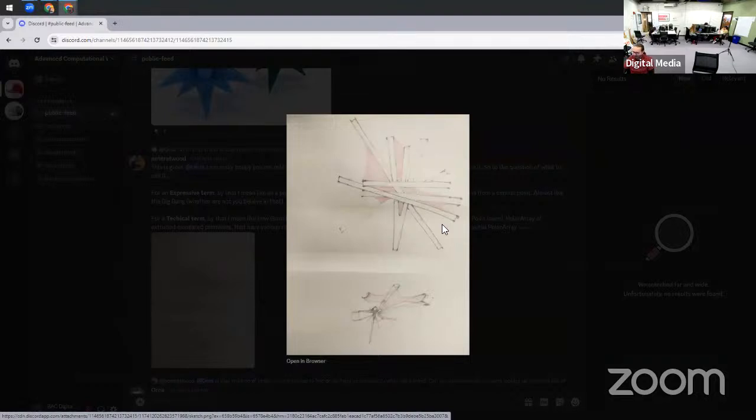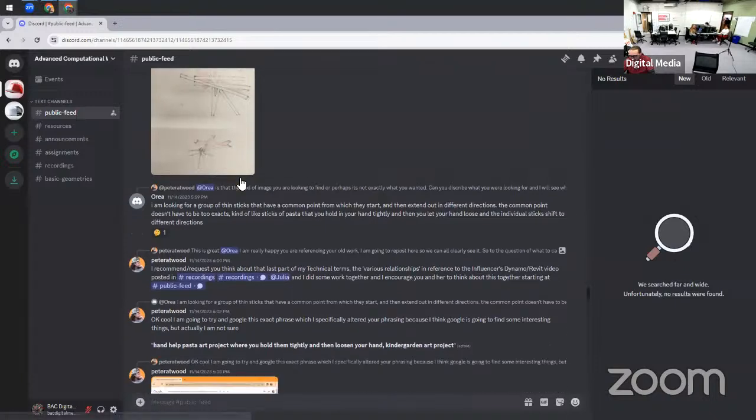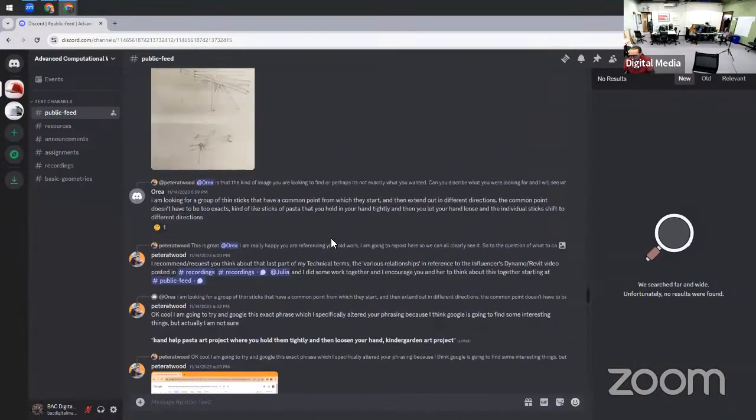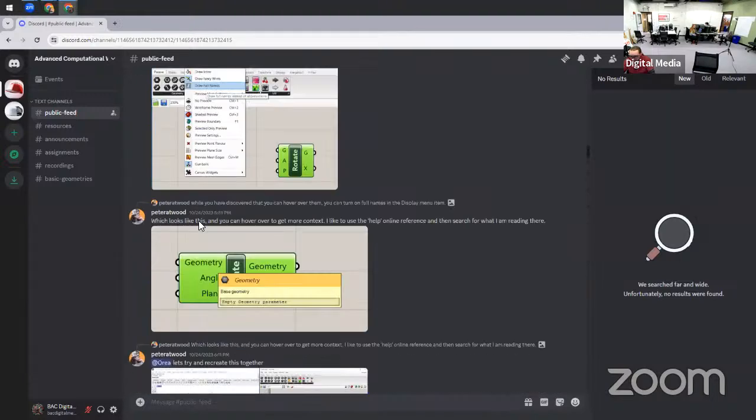To me, this really shows something you might see as a traditional sketch. I don't know what we call this. If we think about this as a parti, which is actually not a word I like using too much anymore, or as a sketch, or as a conceptual drawing, we talked about how we could actually make that happen in Grasshopper or in Dynamo, and what the point would be. And from there, our conversation led to, oh, it looks like spaghetti.